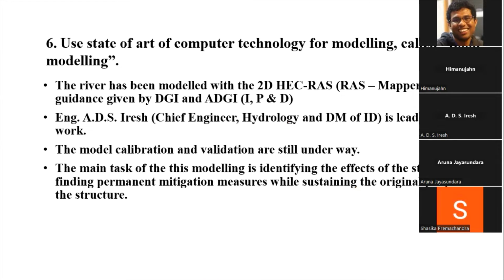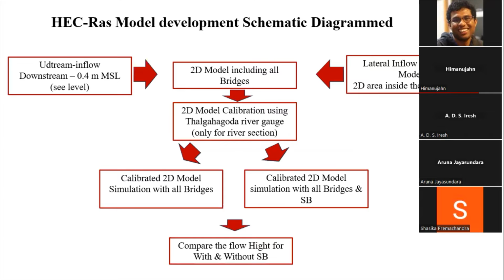So for that we have used computer modeling, flood modeling using 2D and 1D modeling, the HEC-RAS model, and this is the schematic diagram which we have used to model the basin. For the upstream boundary condition we have used inflow at Peterbedder, because Peterbedder, of course, irrigation department, we maintain a river gauge which is very accurate, and timely we do calibration of that river gauge, and we use it to analyze how much water is passing through that river gauge. So those data we have with us, and using those data, for the downstream we have used